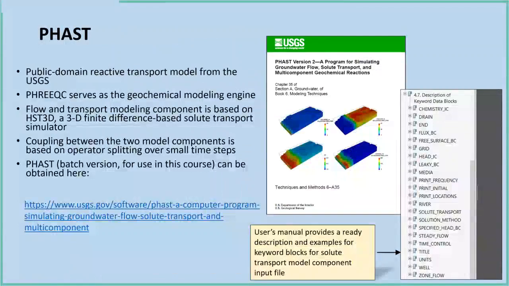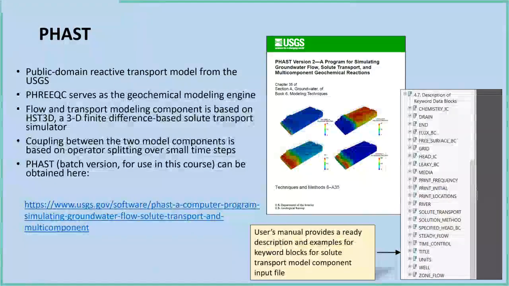Okay, now let's talk about FAST itself. As I mentioned, this is a public domain model from the U.S. Geological Survey, which uses PHREEQC for its geochemical modeling engine. The flow and transport modeling functionality is provided by HST3D, which is a 3D finite difference model. The code can be freely downloaded from the link provided here,